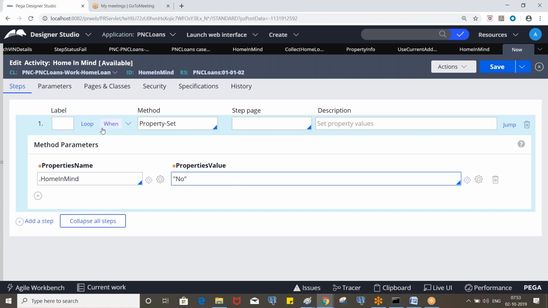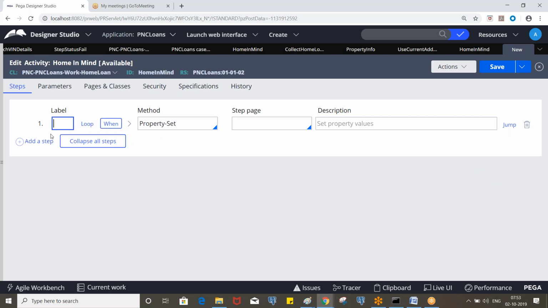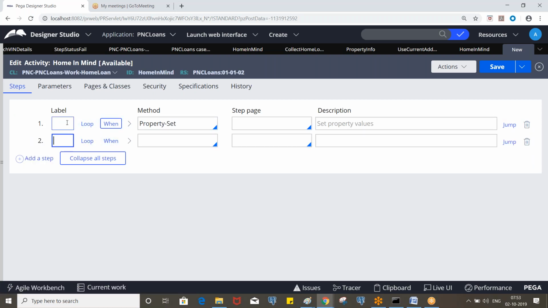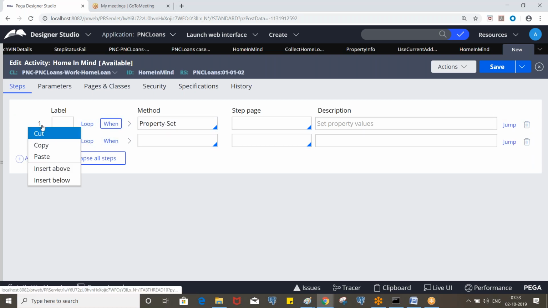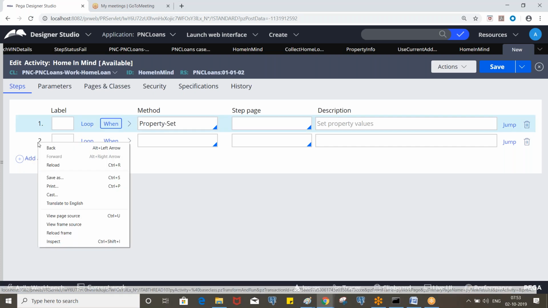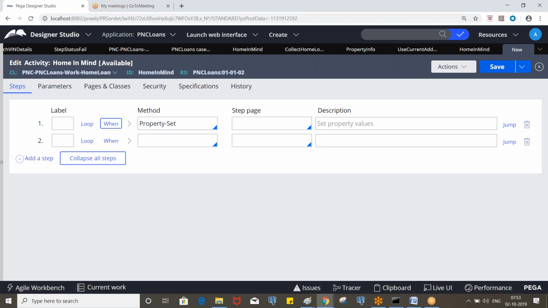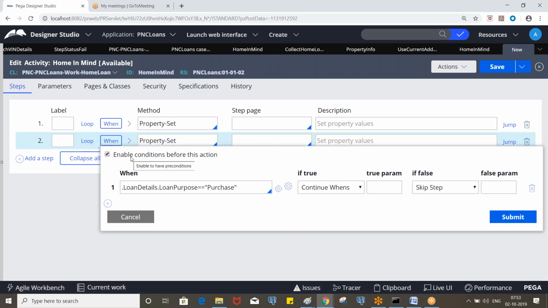So if it is refinance, we need to assign a different value, right? So you copy the same step, paste it. So now you put the refinance. If it is a refinance, continue, otherwise skip the step.